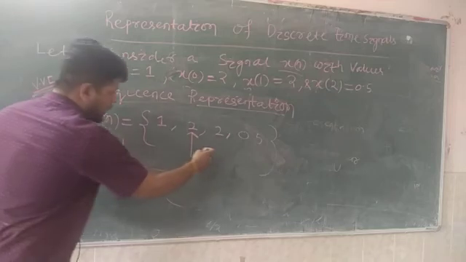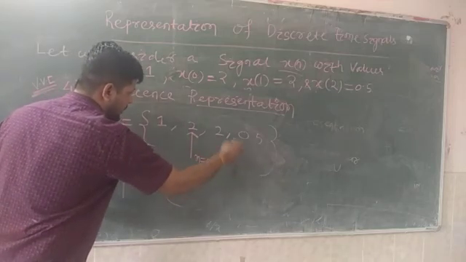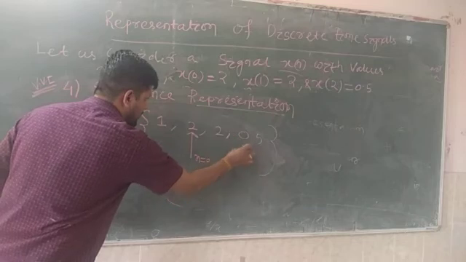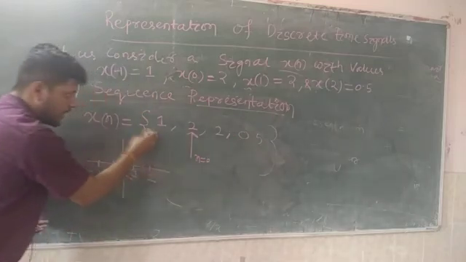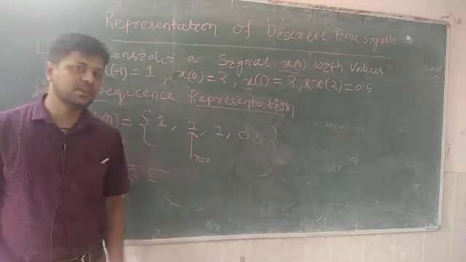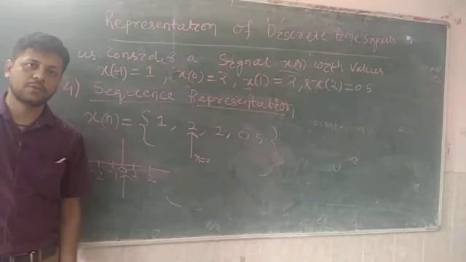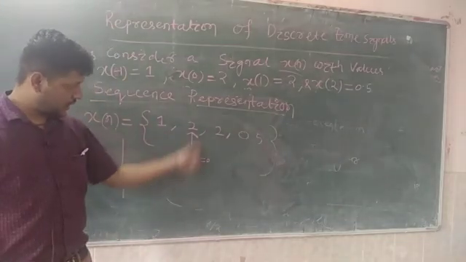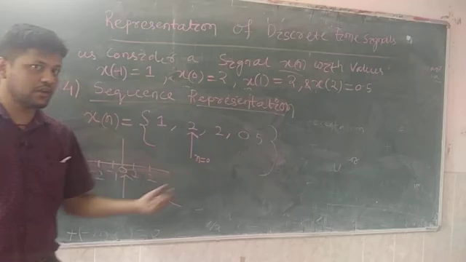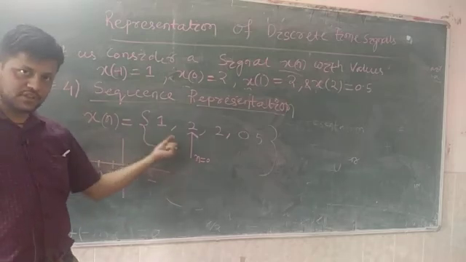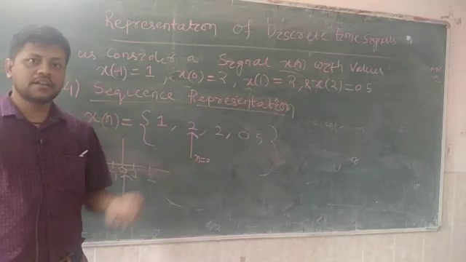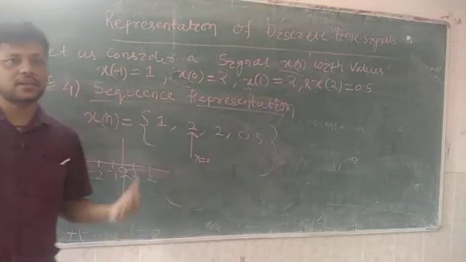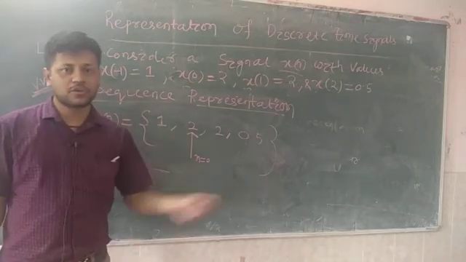That means moving towards the right-hand side, we will have n is equal to 1, 2. Here this is for n is equal to 1, this is for n is equal to 2, and this is for n is equal to minus 1. So this is a very, very easy representation, but we need to understand how we are pointing. First we have to write the amplitude, then we have to point out where the origin is. If you find the origin and move towards the left side, that represents n is equal to minus 1, and if you move towards the right side, that represents n is equal to plus 1, plus 2, like that.